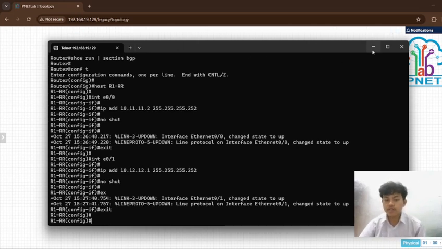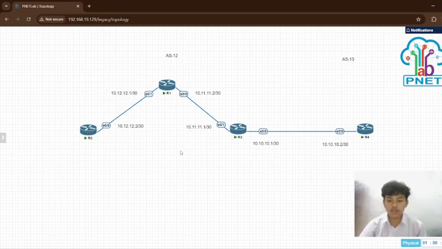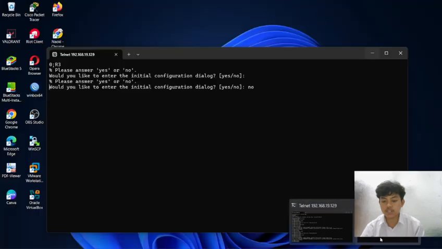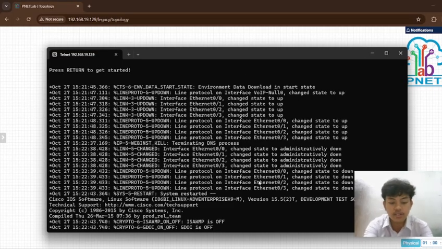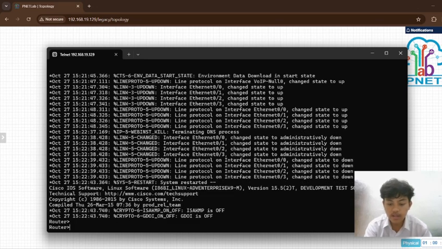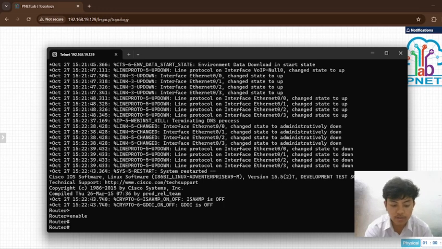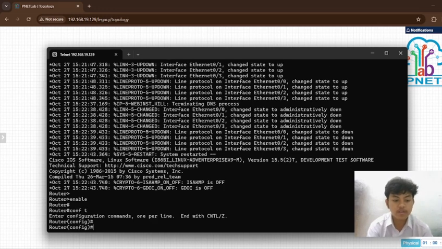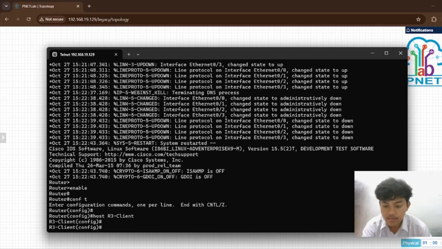Now the basic configuration is done, and we go to router 3, the second router. Enable, conf t, hostname R3 client.